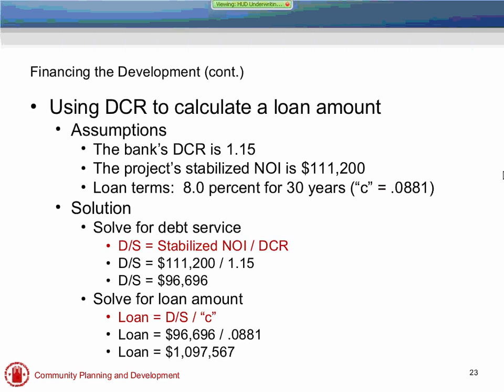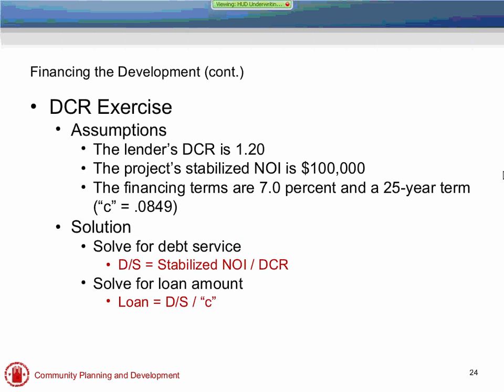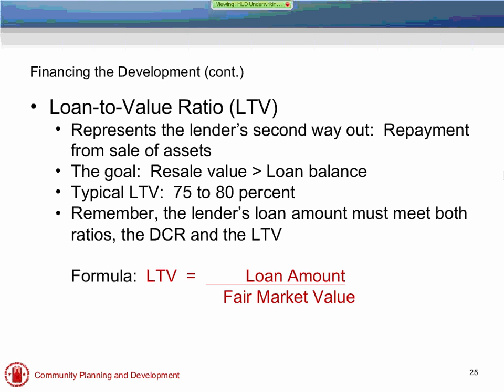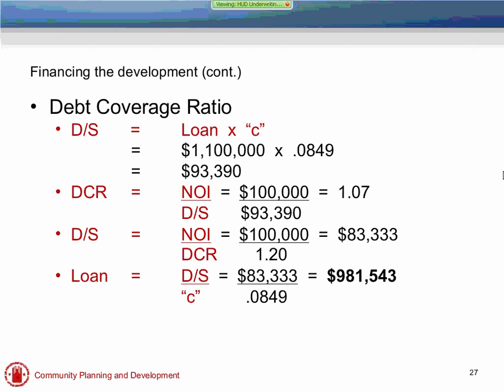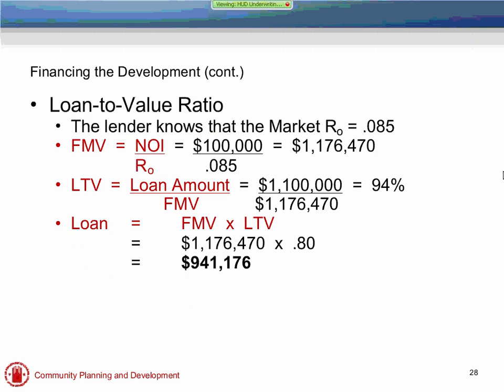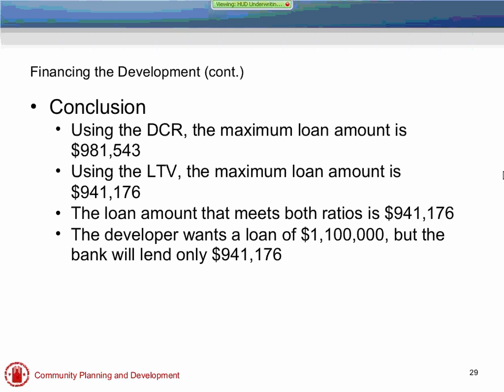And hopefully that cleared that up a little bit. We are going to go through another example at the end of the slideshow that will go through the lender ratio analysis again. And if there's additional questions, I'm more than happy to look at those again at the end of the webinar. And my contact information will be there so you can call and ask more specific questions. I know it's a little bit difficult sometimes to ask questions just through the question and answer panel on here.